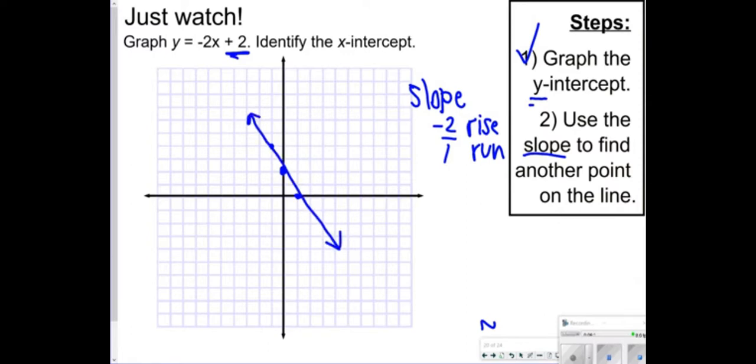Your line will be a lot more beautiful than mine because you can use the straight edge on either the edge of a notebook or a textbook or whatever. Okay, so the y-intercept is